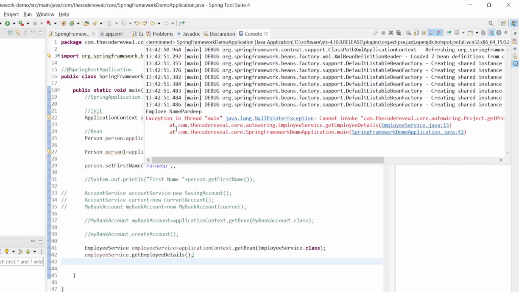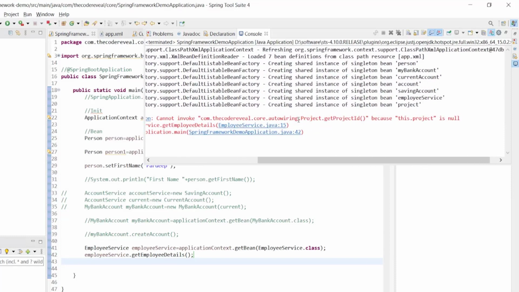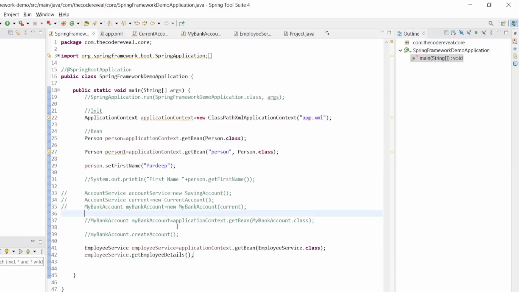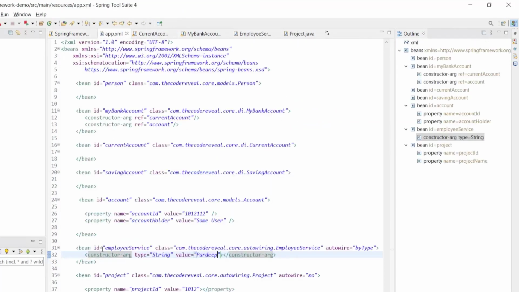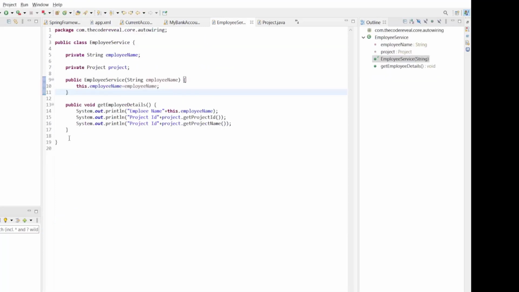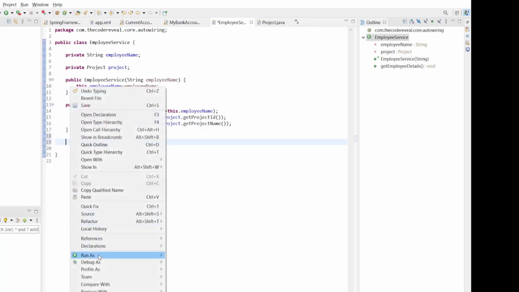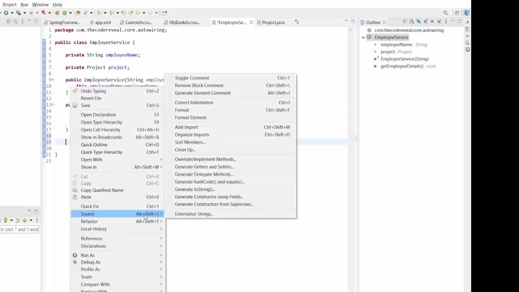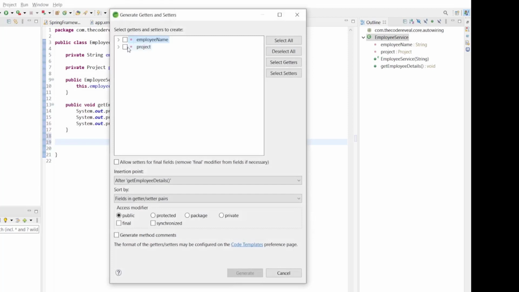So it's showing employee name, but it's throwing an exception to get that project ID. So let's see where we're getting the issue. So we did autowiring by type. So we can go to our EmployeeService class. Let's add the setter method here for the project.